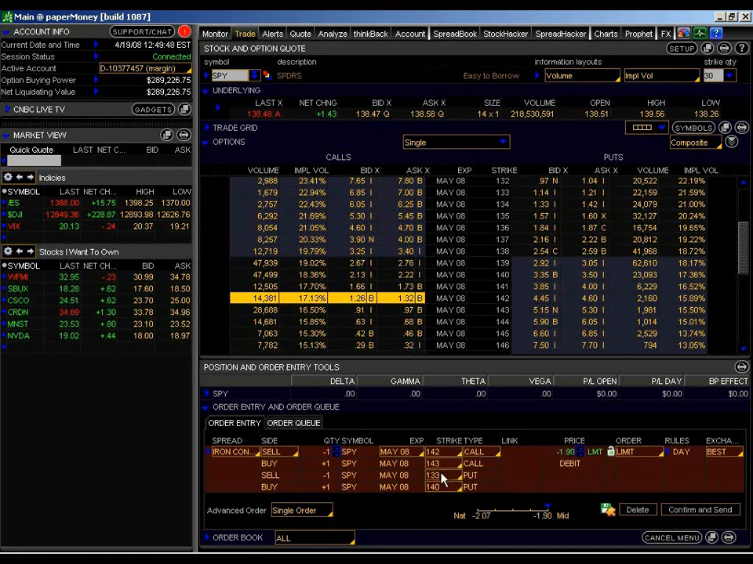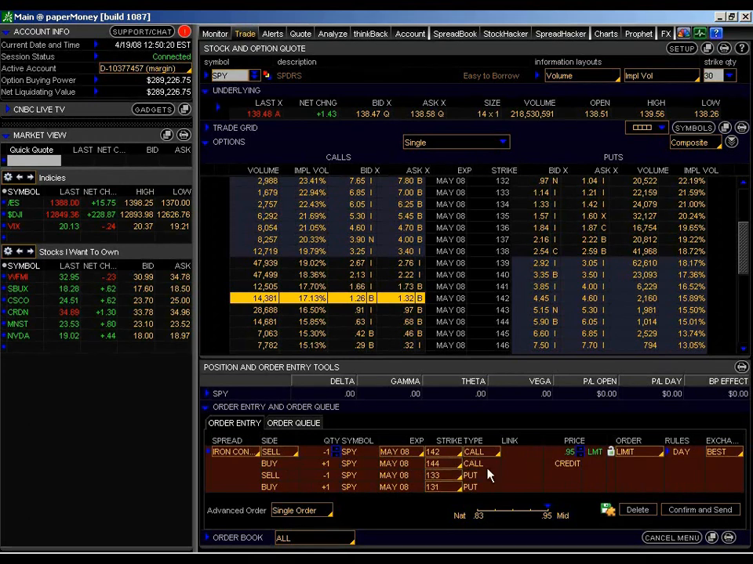So we just clicked on the 133, and then we want to buy, because we're selling an iron condor, we want to buy something below that strike. So we're going to buy the 131. And the call, we're selling the 142, and I like to keep them a couple points apart, so I'm buying the 144. And that's pretty much how you simply select. Now,